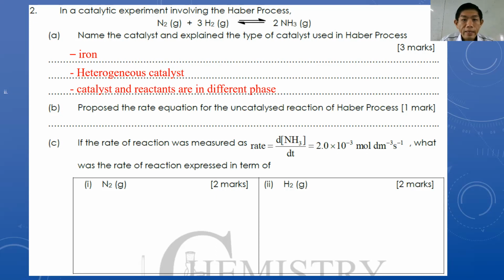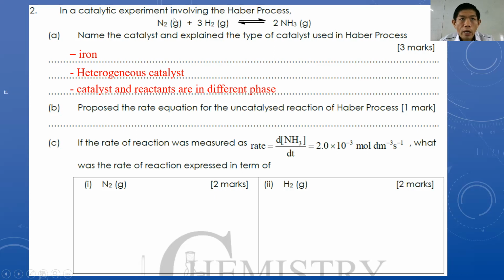Now, if you look at here, there is a highlighted word, uncatalyzed reaction. So why do they have to specifically say that this is an uncatalyzed reaction? Because in an uncatalyzed reaction, this is a reversible reaction. So reversible reactions only have a single step. Either it's a forward reaction from N2 plus 3H2 give 2NH3, or the backward reaction, 2NH3 give N2 plus 3H2